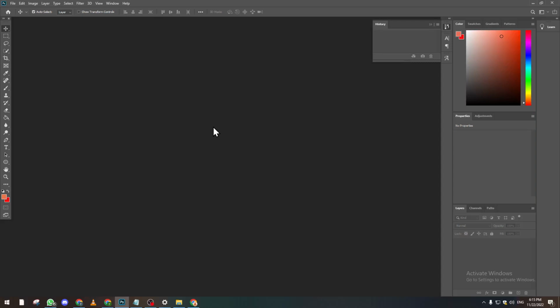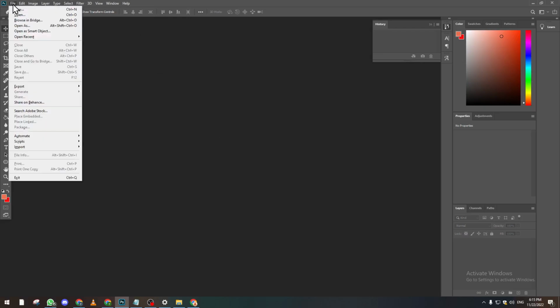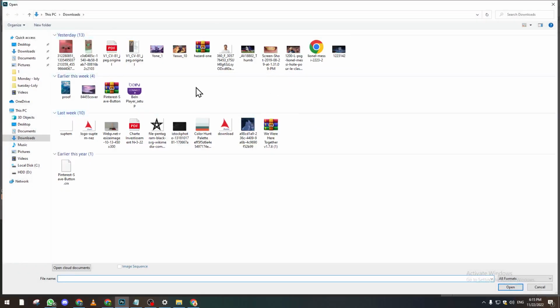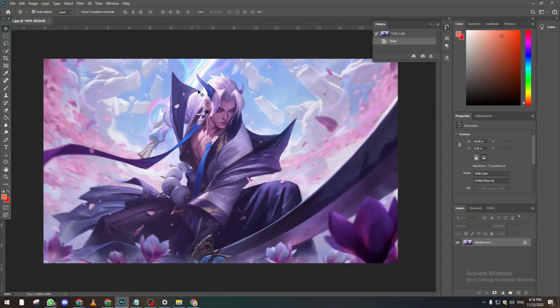Hello guys, in this tutorial I will show you how to fill a color in any object, text or image. So now with that being said, let's open a new preset or a picture that you want. For example, for me I'm gonna choose a picture from my library, and we click for example this one, and